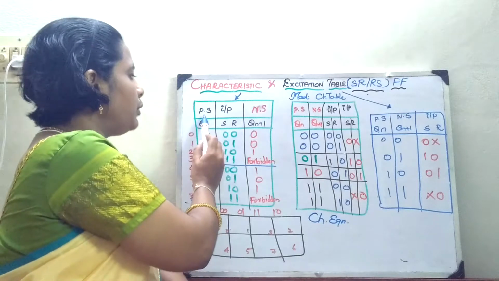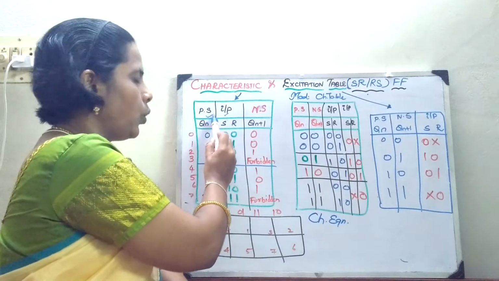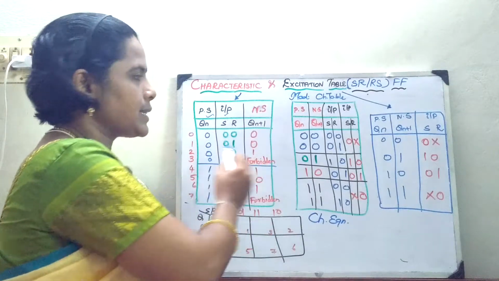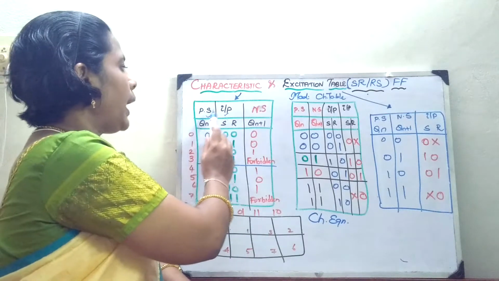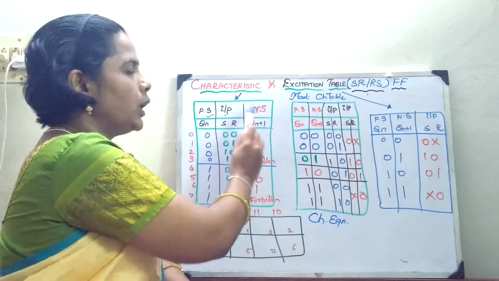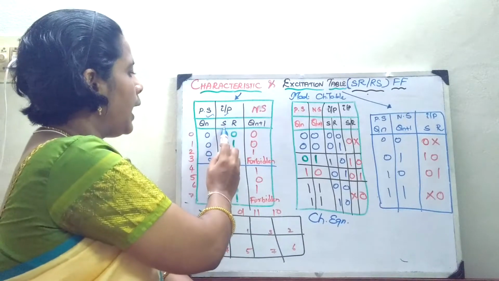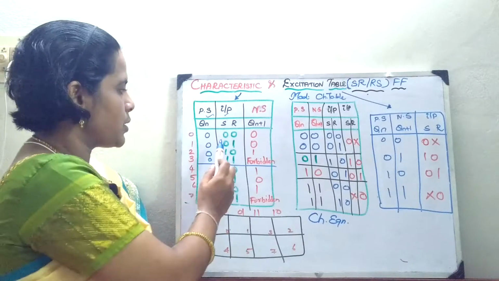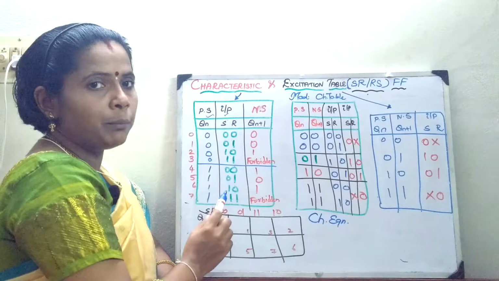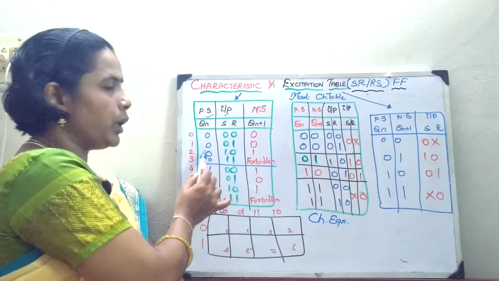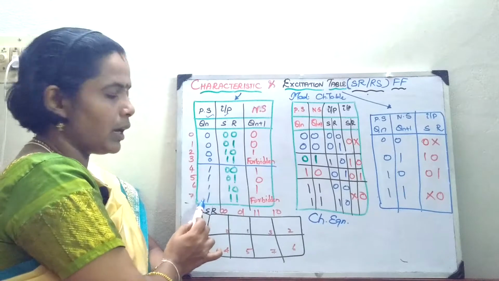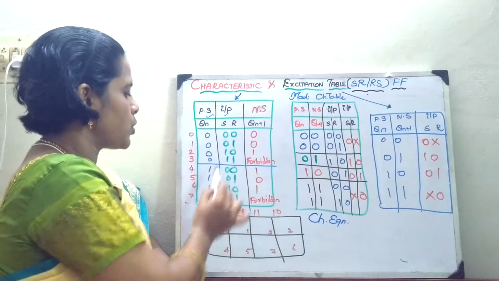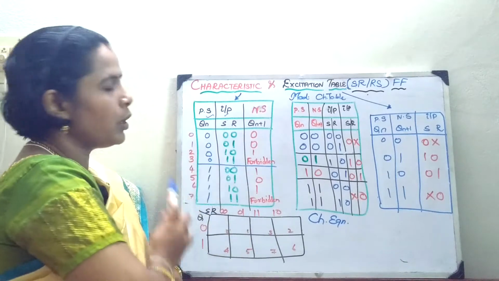It is nothing but, if the present state and the inputs are known, and I am going to compute the next state, then it is called a characteristic table. Input and present state are known, and you compute the next state. For the SR flip-flop, you will have how many combinations? 2 power 2, 4 combinations: 0 0, 0 1, 1 0, 1 1. I am taking the same set with my previous state as 0 and my previous state as 1. In other words, my input is going to be 3-bit data, written from 0 0 0 to 1 1 1, that is 0 to 7.